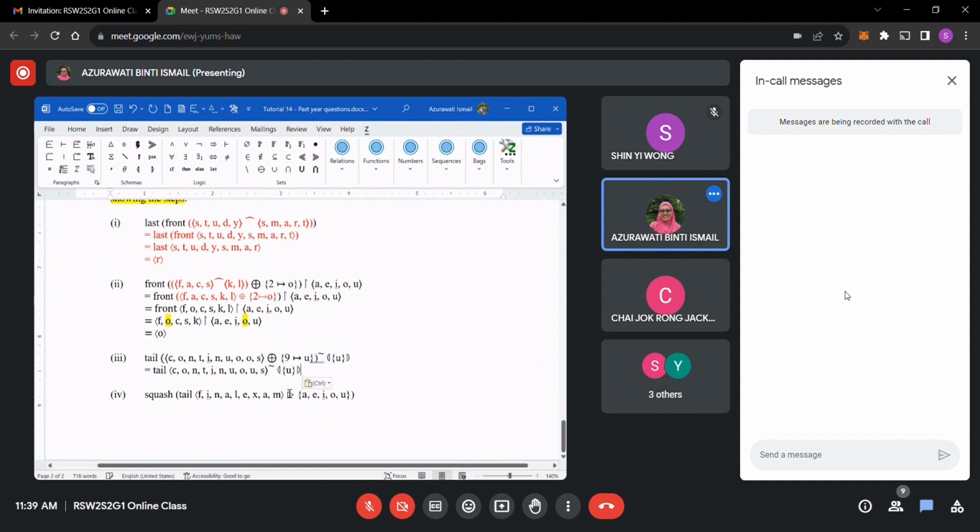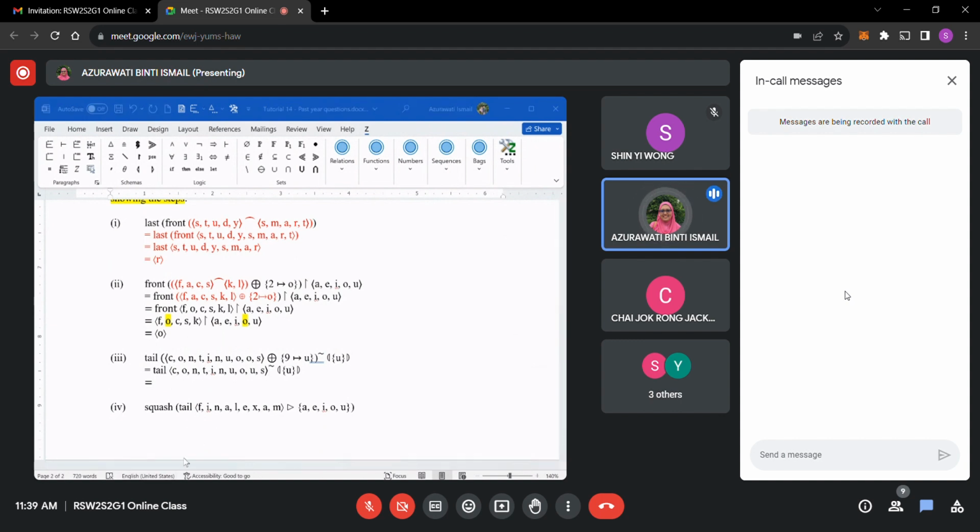What you have to do is, because you have to do the inverse first, you have to do the inverse first. So your tail first, then inverse. So you do tail first. So the answer will be, wait, let me copy this. Tail without head. So you do this, you remove C. So that is the answer. Then after that, you have inverse. When you have inverse, then automatically you have to change the function style. So it means that you will have